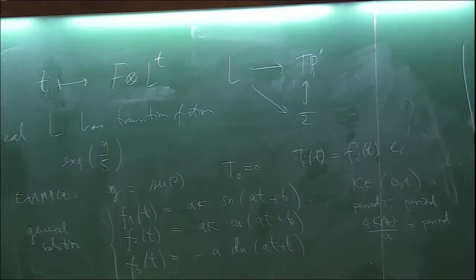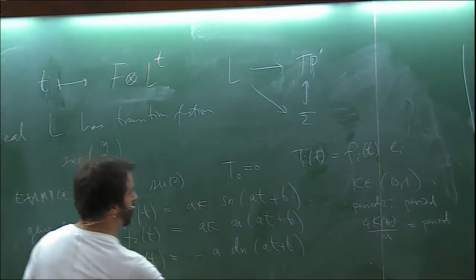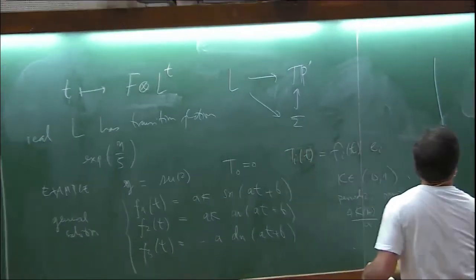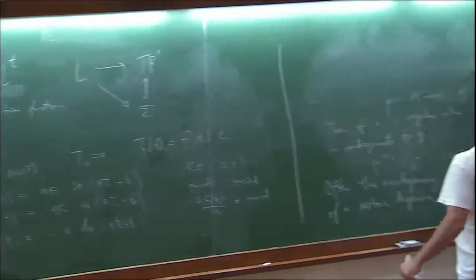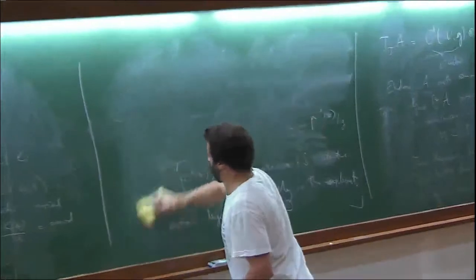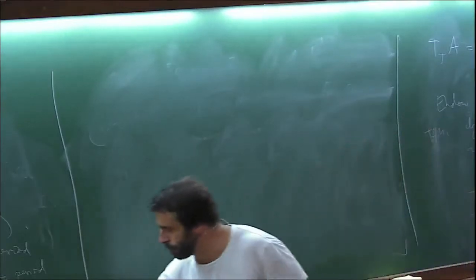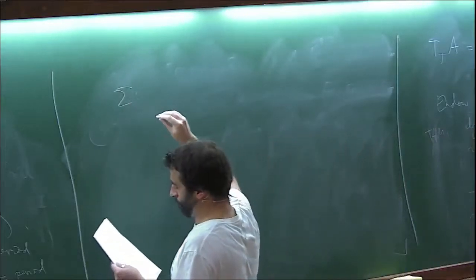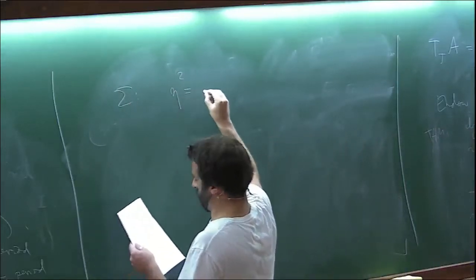Since these solutions are periodic, you can then write down the spectral curve too. Just like for two monopoles, you can write down all the spectral curves for two monopoles. So eta squared equals